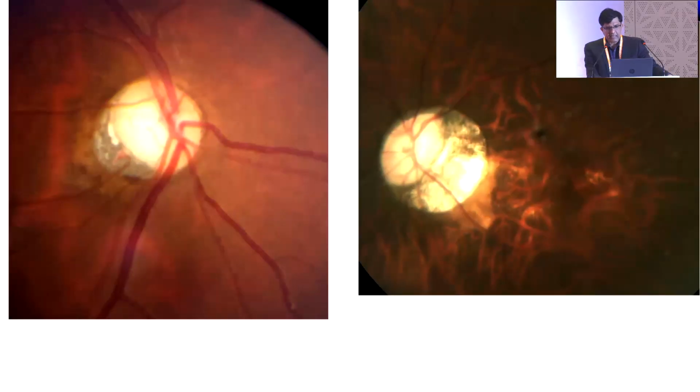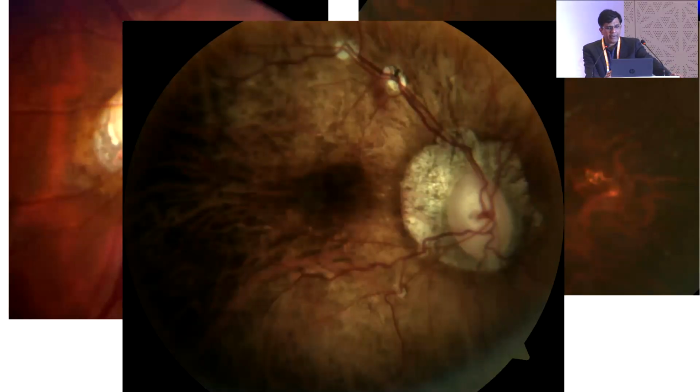What about these discs? These are all discs of myopic children. If there is a child who has myopia, it is very difficult sometimes to distinguish whether it's glaucomatous or not. In fact, now they're saying that if it is a childhood myopia, and the myopia is increasing, there is a possibility that the child might actually have an underlying raised intraocular pressure, which is manifesting as a myopic increase